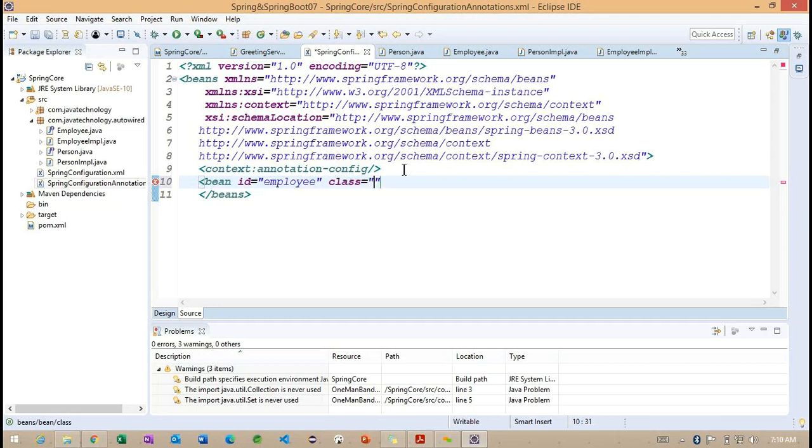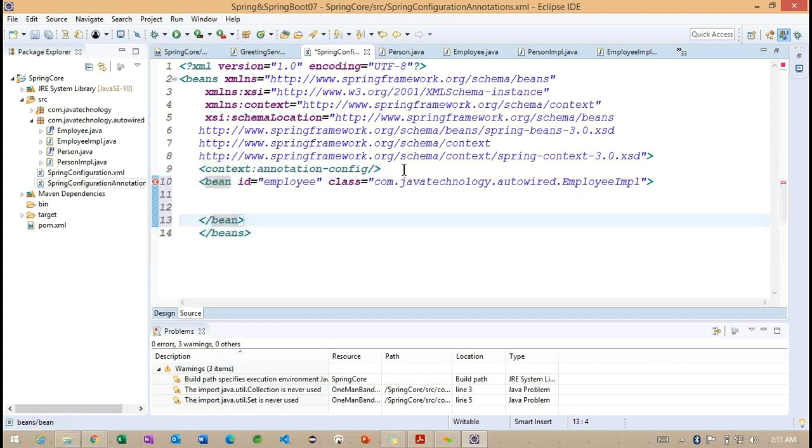We need to specify the class here: com.javatechnology.autowired.EmployeeImpl. So this one bean we are going to create.